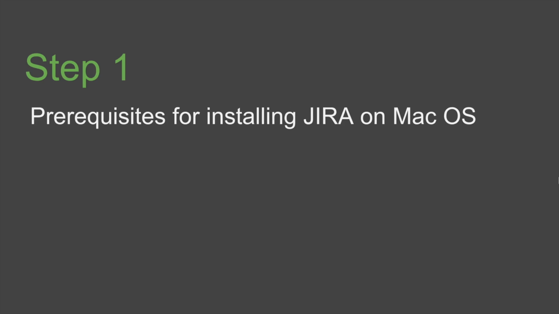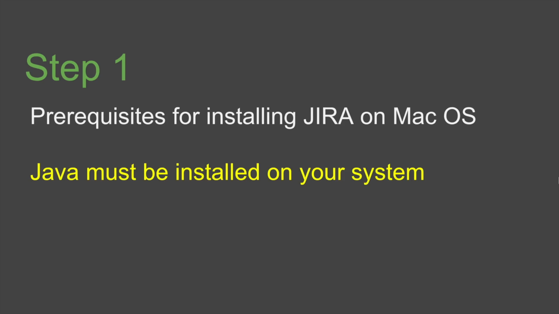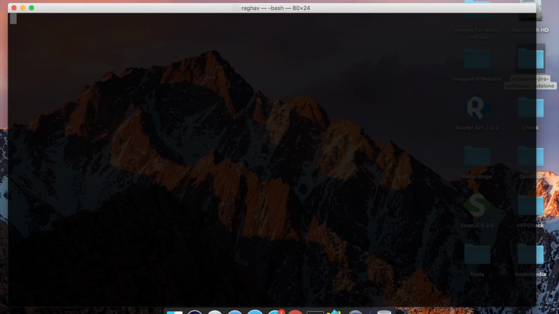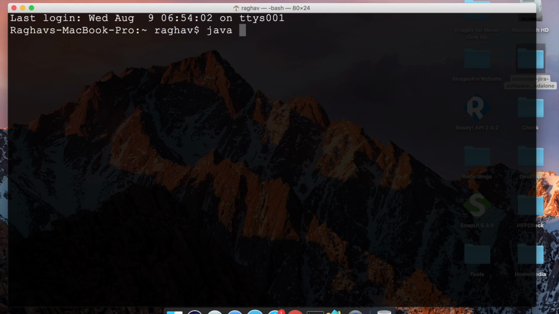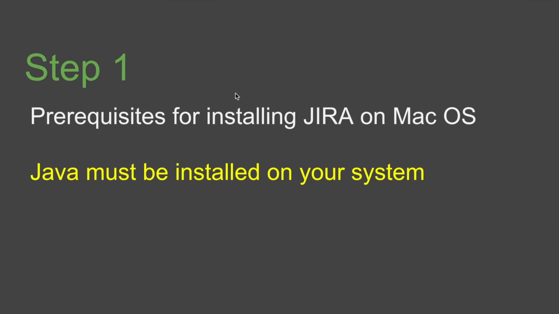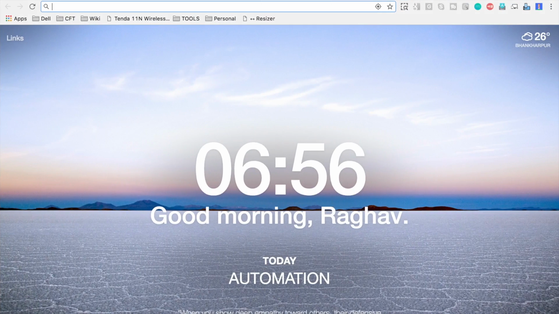So let us begin, and the prerequisite for installing Jira on Mac operating system is Java must be installed on your system. So to check, you can go to your terminal and say java -version, and this should show you your Java version currently installed. In case you are not getting this, you can install Java first and you can go to my channel on